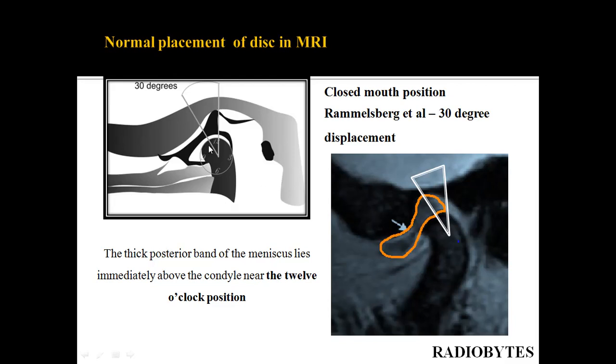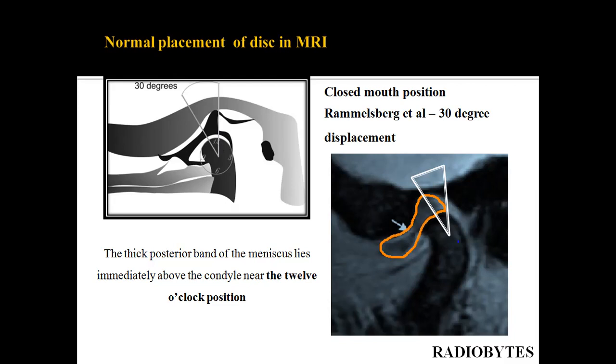Here I will first explain with the line diagram, then we'll move on to the MRI image. So in this diagram, the head of the condyle is assumed to be a clock. So this long axis of the head of the condyle is represented by the 12 o'clock position. So this is the articular disc. This is the anterior band, intermediate band, and the posterior band. So this posterior band should correlate with the 12 o'clock position of the head of the condyle. Then only it is considered as normal placement of the articular disc in a closed